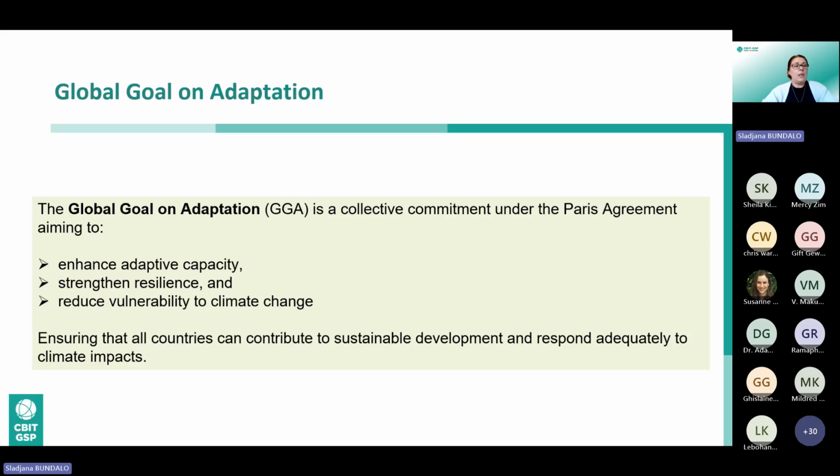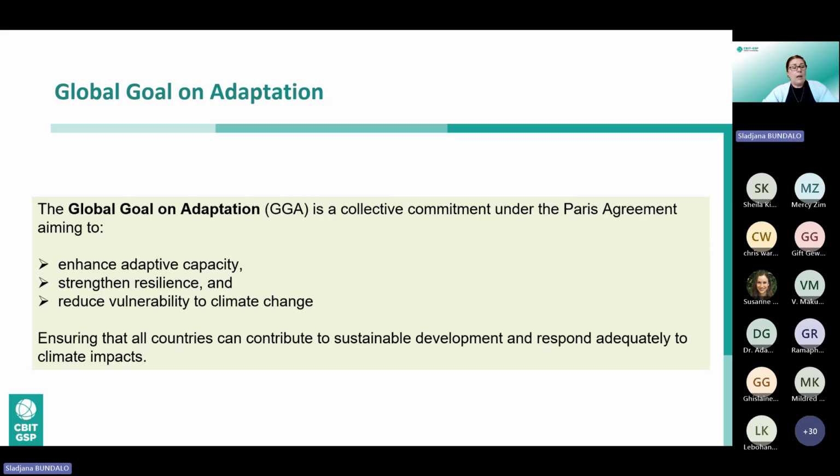So just a bit about the global goal on adaptation, which is actually a collective commitment under the Paris Agreement that represents a shared vision of the global adaptation efforts. As Mr. Gevona said, the global goal for adaptation aims to achieve three key outcomes: enhance adaptive capacity, strengthen resilience, and